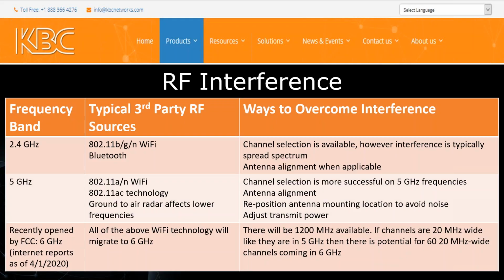There we go. Okay. So interference, we kind of already covered this, so I'm just going to move through it pretty quick. 2.4 Wi-Fi signals can interfere. Bluetooth operates on 2.4, so that's something that can interfere. 5 gigahertz has much of the same type of wireless Wi-Fi technology that's out there, and also ground-to-air radar would affect the lower frequencies, and so that was one reason why